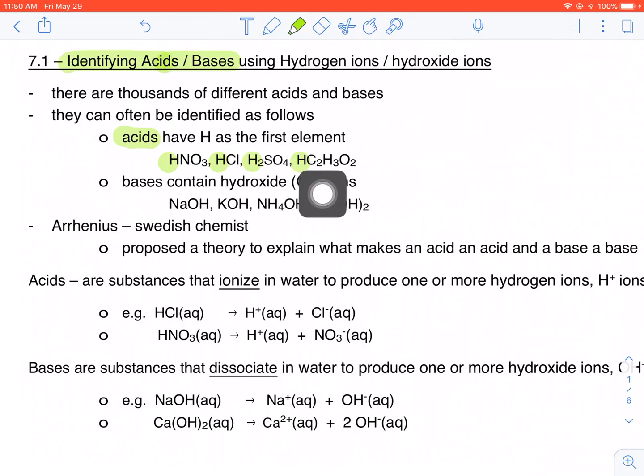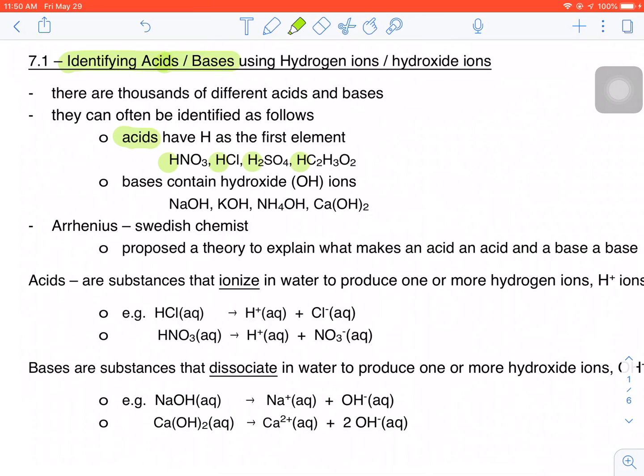Now this molecule here, I can see it has 2 carbons, 2 oxygens, and it has 4 hydrogens, 1 at the beginning and 3 in the middle. The one at the beginning has very different properties than the 3 in the middle, which is why it's been separated from them. So as soon as I see a compound that's got an H at the beginning,